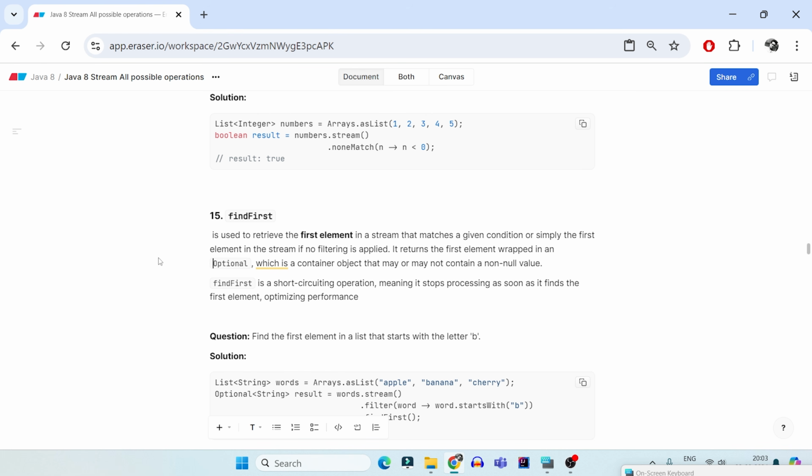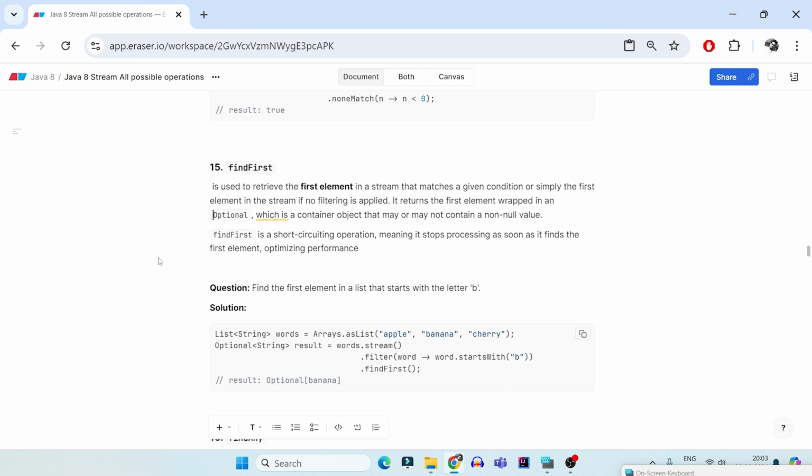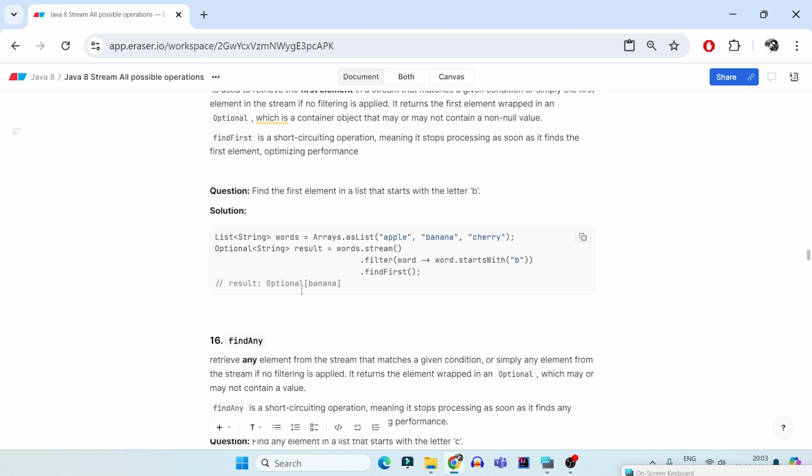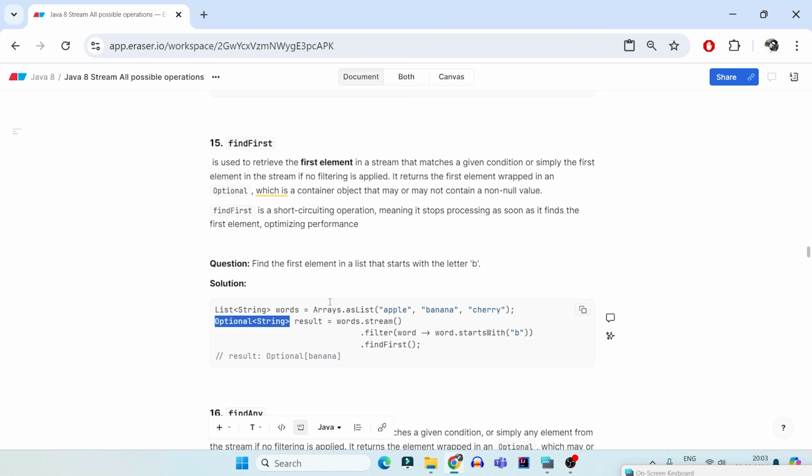For example, my stream is completely empty. What will happen if my stream doesn't have anything? Then it will return you Optional.empty. Remember, for findFirst and findAny, the return type is always Optional, because there can be a condition where your stream is completely empty. Hence findFirst and findAny is a very good terminal operator, which considers that there can be a case that you're passing an empty collection, and hence the streaming of that collection will not return you anything. To prevent any null pointers in your code, it will return you an Optional. So findFirst is going to fetch the first element which matches your predicate.